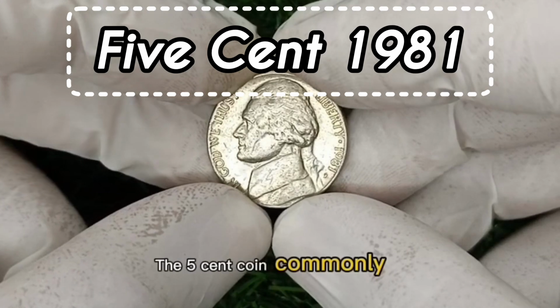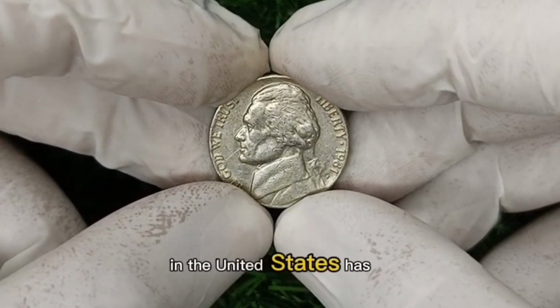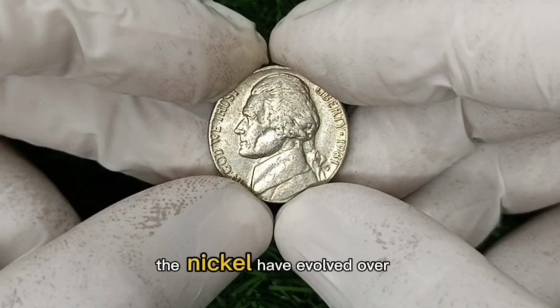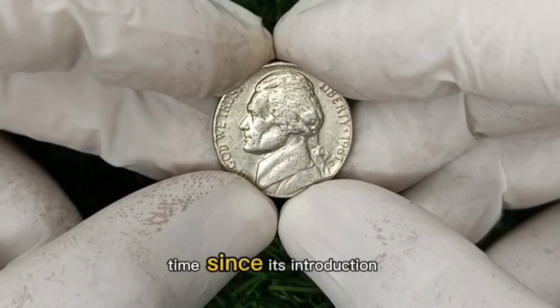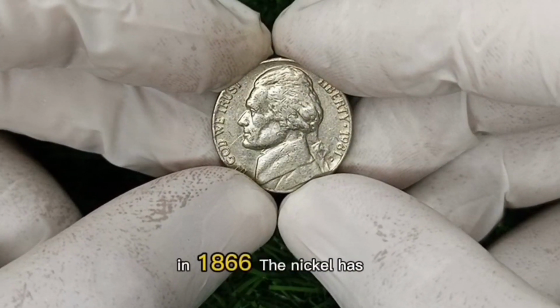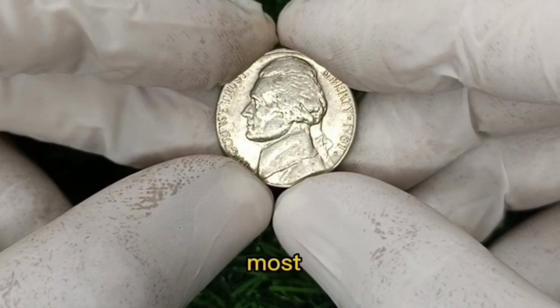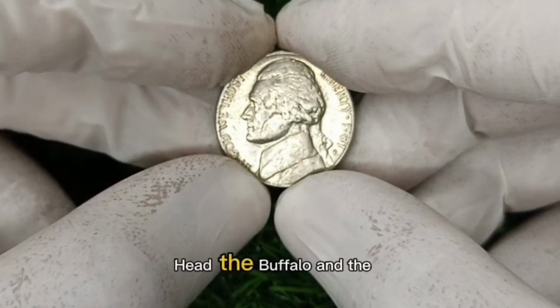The 5-cent coin, commonly known as the nickel, in the United States has an interesting history. The design and composition of the nickel have evolved over time since its introduction. Since 1866, the nickel has featured several designs, with the most notable ones being the Liberty Head, the Buffalo, and